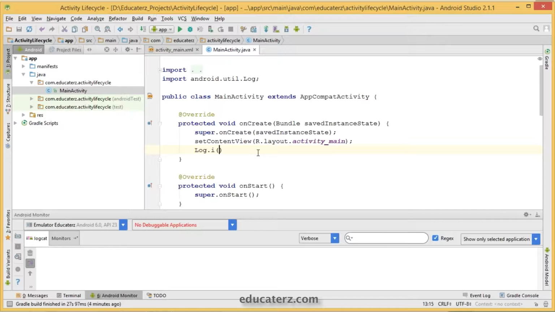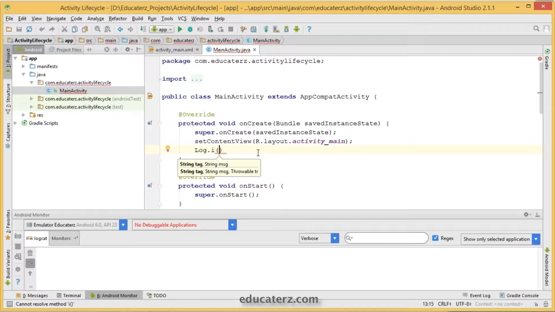Now I would like to put Log.i, or maybe Log.w or whatever it is. I'm taking Log.i, which will take two parameters. One is tag, another one is message. Tag is going to describe what exactly it is. So now I will say activity lifecycle, or educators I will say. The tag I am giving as educators to understand easily. So just something like giving ID cards at your office or college, to identify whether you belong to this particular college or not. Or if you are attending any event, they'll give you some card. So this is your tag, and the message. Both are strings only, so you must write that in double quotation marks.